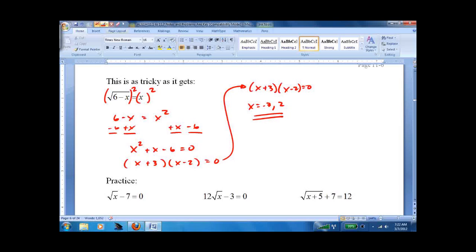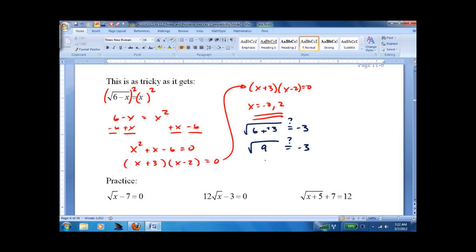Two answers. Now I'm even more suspicious. We better definitely check these. And here's how we do this. You make sure you write your two answers out, and you check them one at a time. 6 minus -3 equals -3. I already know this isn't going to work. I can't take square root of something and get negative. But it's nice to see